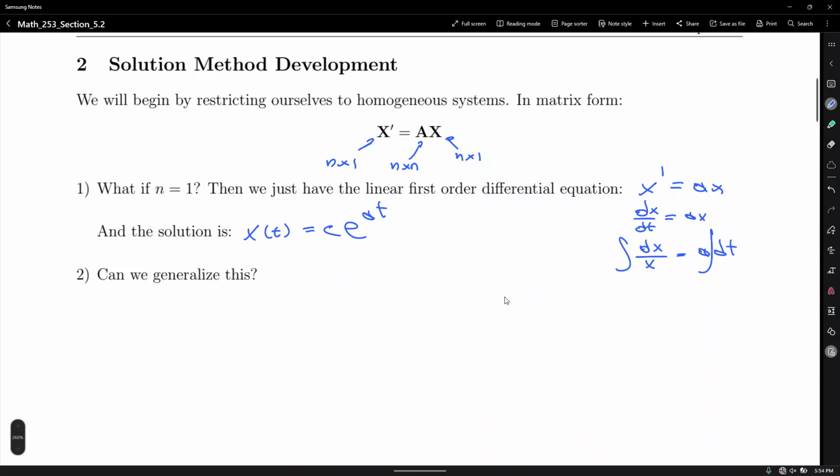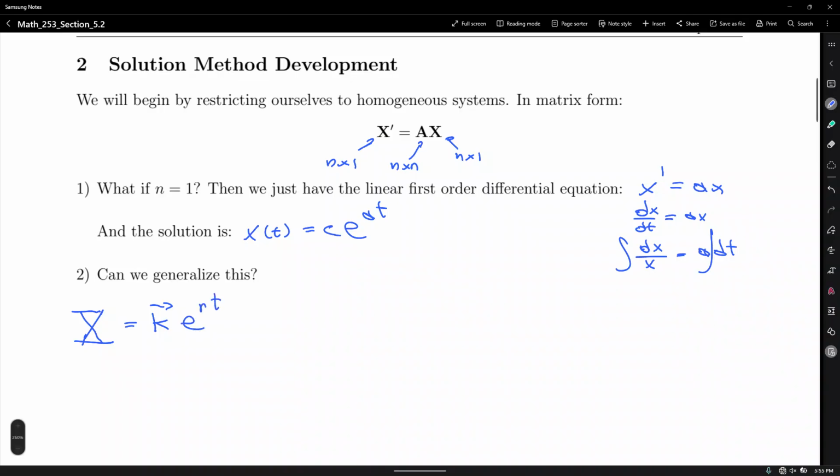If this solution works for this equation, that means, to distinguish x being a constant from a vector, I'm going to put a bar at the top and at the bottom. It's going to look like an hourglass. That's the notation for the vector for uppercase X. And this will be some constant vector K. That c, I'm going to replace with a vector K e to the